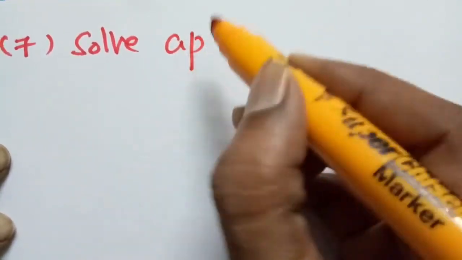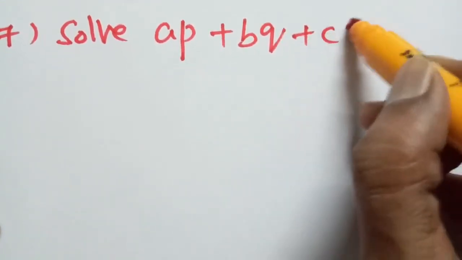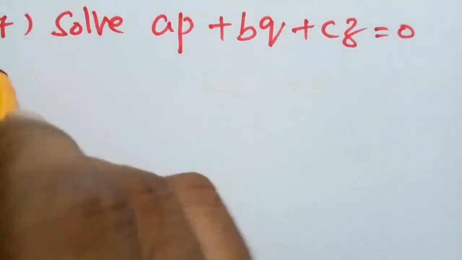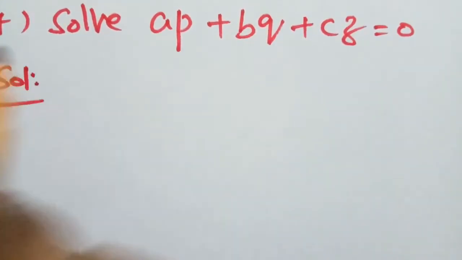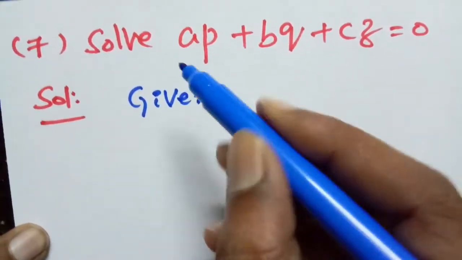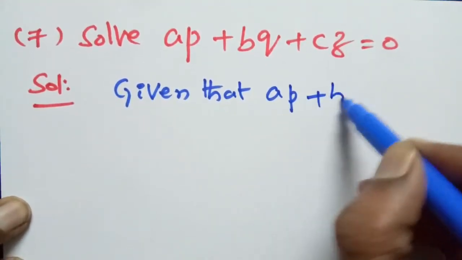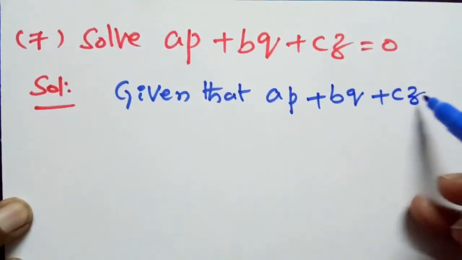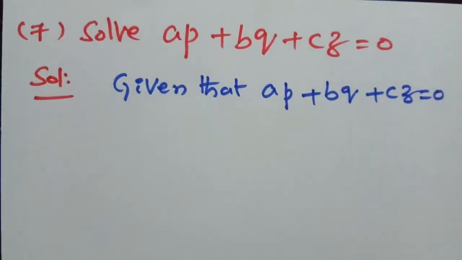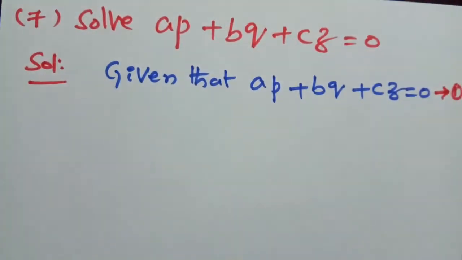Problem number 7. Solve Ap plus Bq plus Cz equal to 0. Write down the given equation. Given that Ap plus Bq plus Cz equal to 0, say this is equation number 1. This is of the form